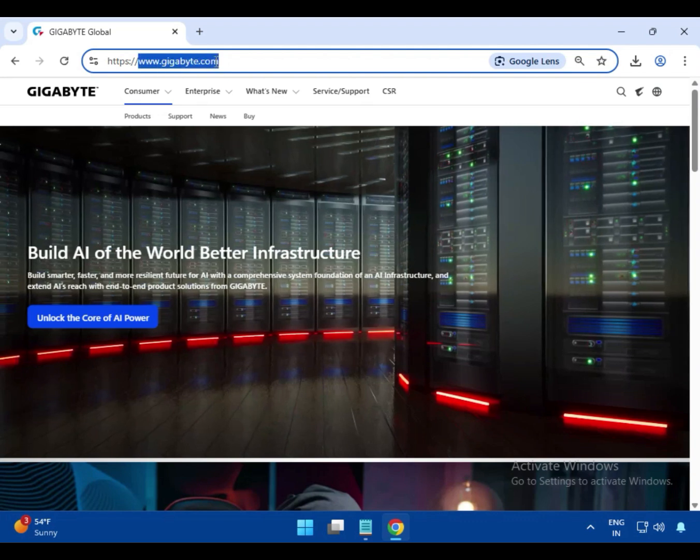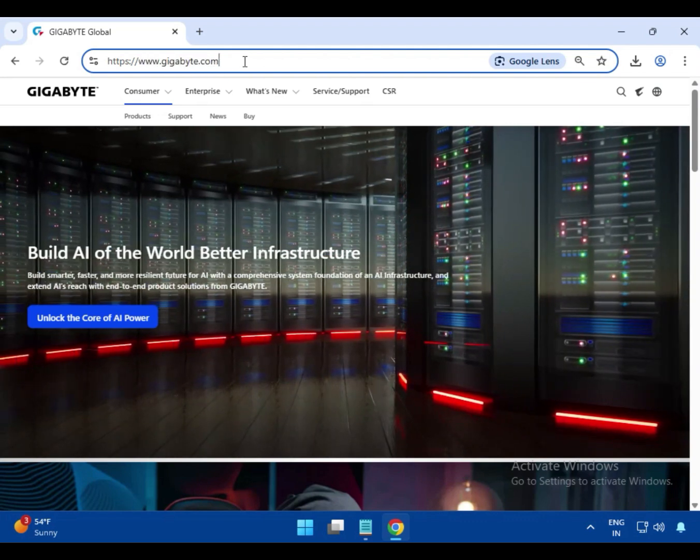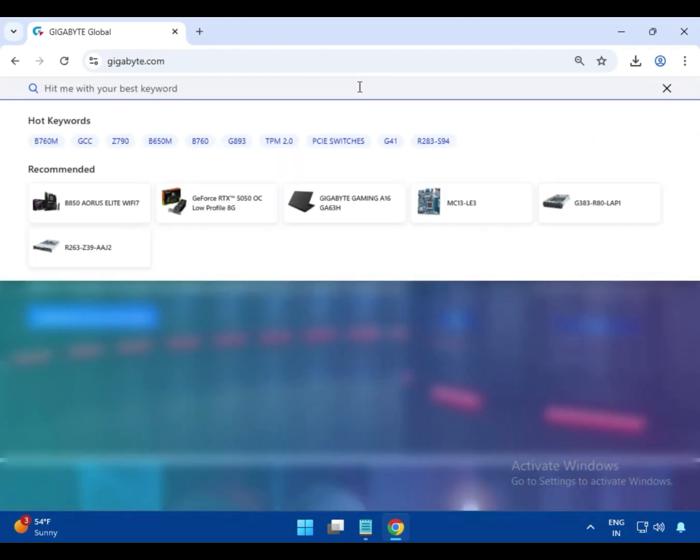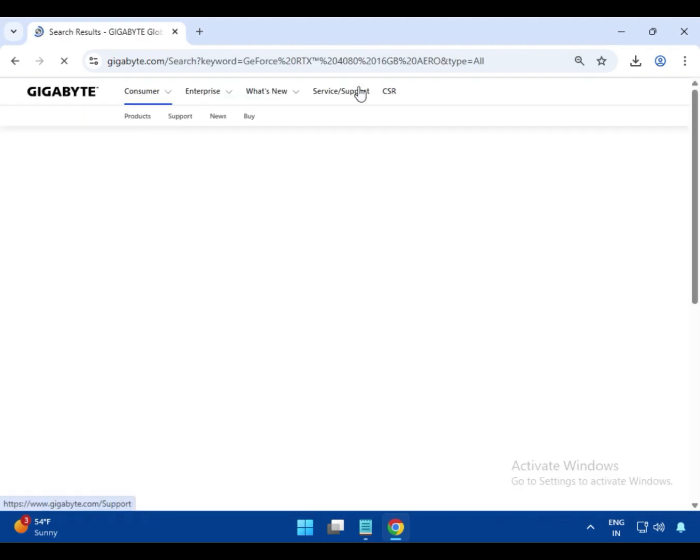So first you have to come to this site, www.gigabyte.com, the official website. After that, click on the search button, then just enter the model number of your graphic card, GeForce RTX 4080 16G AERO, and then hit enter. After that, your graphic card will be searched on this website,